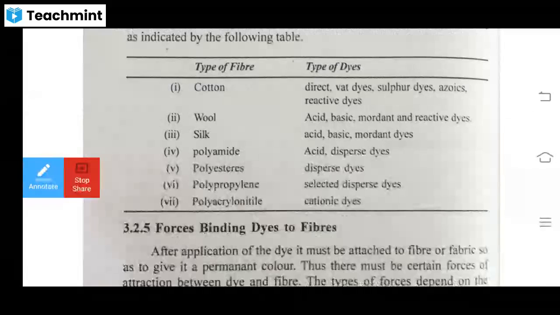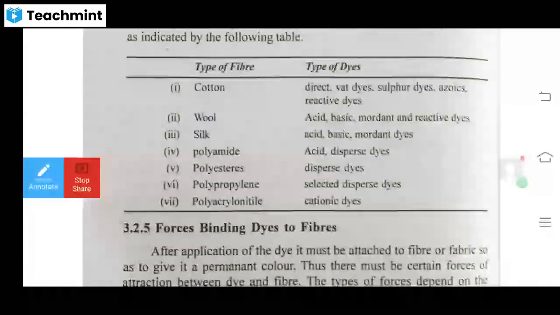So these are the options available for application on the particular types of fibers. It may be natural, semi-synthetic, or purely synthetic types. So this is all about the